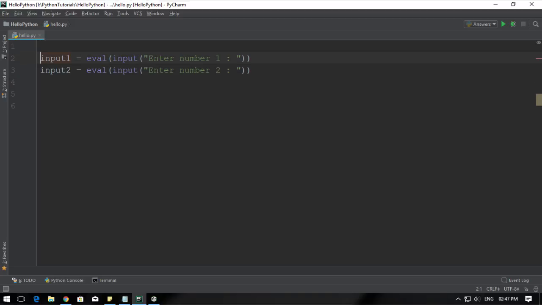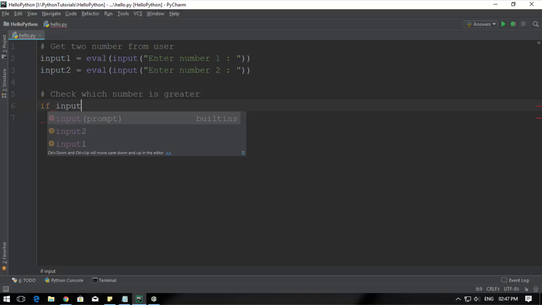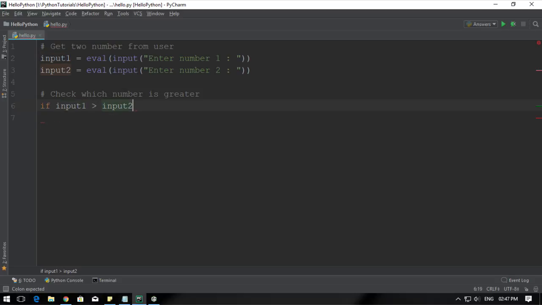So I'm gonna use some comments over here. I'm gonna say get two numbers from user. These comments will help you to understand this more clearly. So now we will basically check which number is greater. Now we will say if input 1 is greater than the input 2, then print input 1